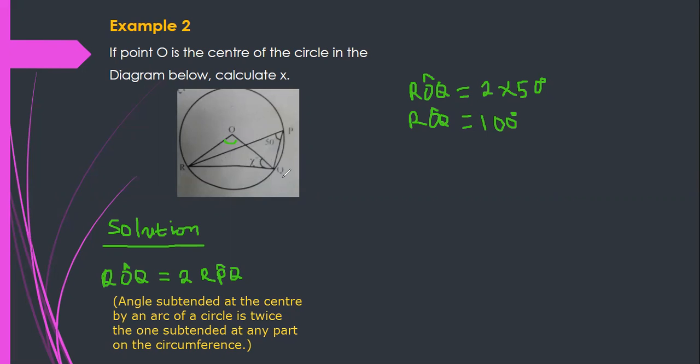So you are going to say that ORQ is of course equal to RQO, which is given as x degrees, because these base angles of an isosceles triangle are equal, so the apex angle is ROQ. So okay,